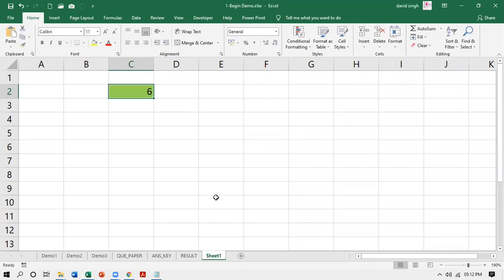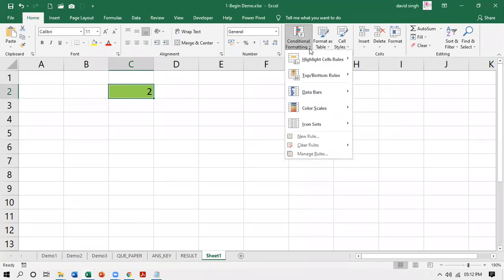Yeah, it's working. Anything which is 0 or less, it's not working. 5, any positive value more than 0, it is working. So this is one rule I have set with this cell. Let us try more. On the same cell, you can add more than one rule also. Again, I'm selecting the same cell and I'm going to add some more rules.